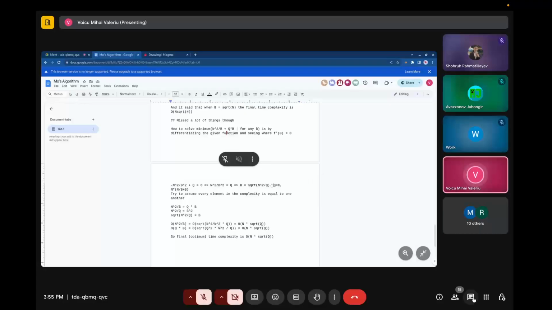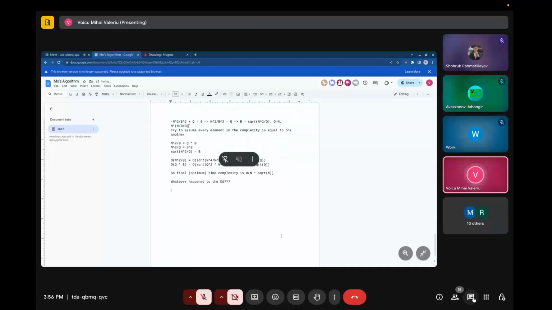Yeah, so in cases when q is equal to n, clearly, as I've shown here, the time complexity is n times square root of n if q equals n. But I just mentioned there might be cases when this is not true. It's just not true when q is not equal to n. Another such case is whatever happened to the data structure that we had before. Because you might know that data structures are not in general just arrays or frequency arrays where we just plus one an element and that's it. Maybe not all operations are of